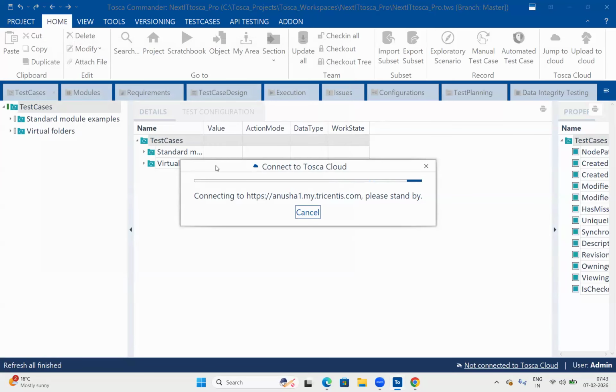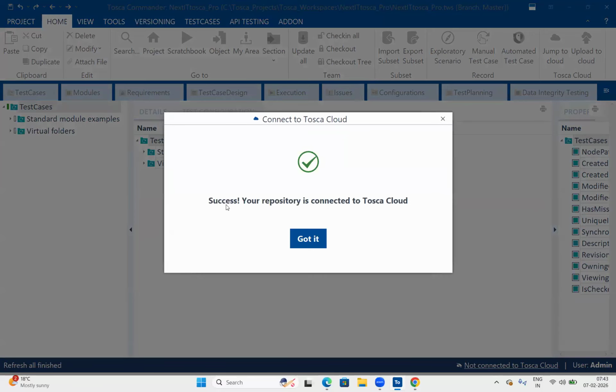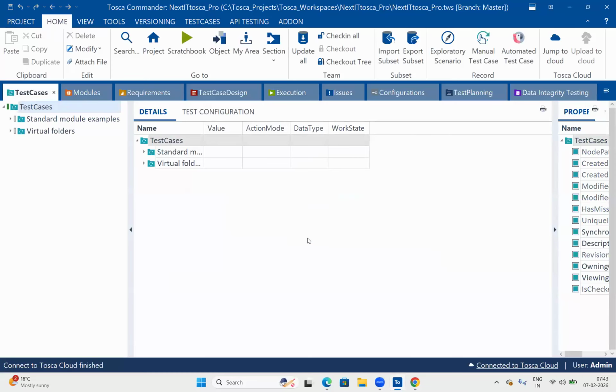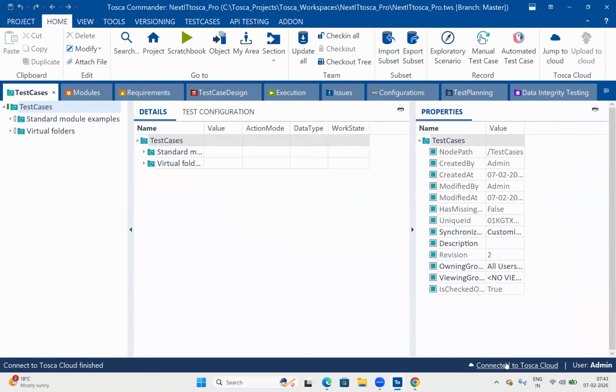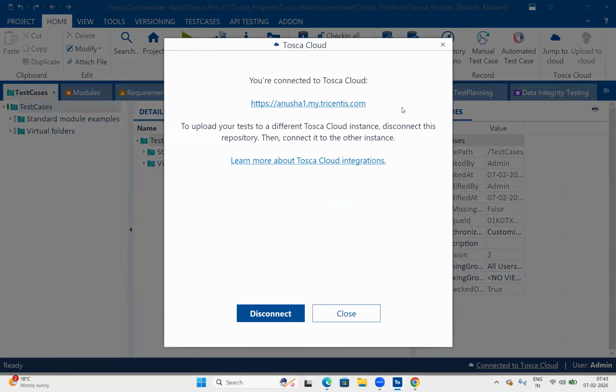Yeah, it's connecting now. Okay. So here it is connecting to the repository of Tosca Cloud team. Got it. So once you connect to the Tosca Cloud only, here you can see connected to Tosca Cloud.